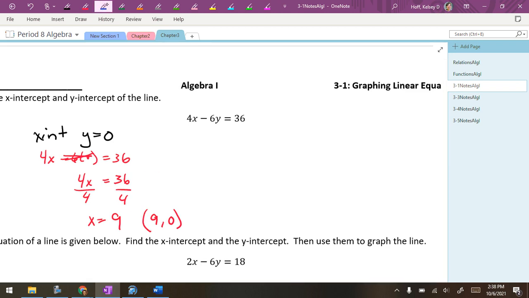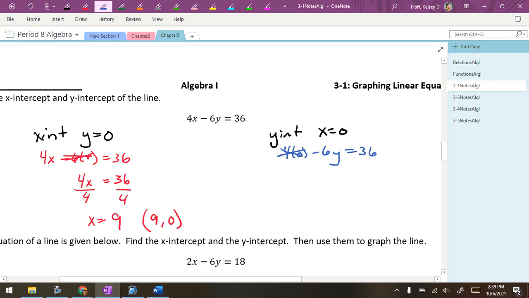Then you have to repeat that process for your y-intercept. Your y-intercept, x is 0. So we take our equation, we replace x with 0. 4 times 0 minus 6y equals 36. 4 times 0 is,